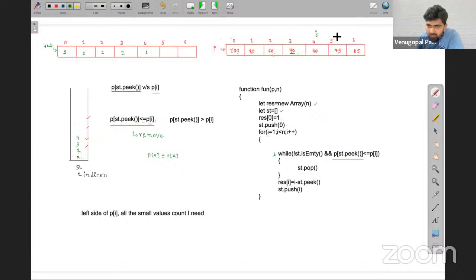Right? So next, i will be incremented. Now again, the same story will happen. What is that story? First 60, which is nothing but 4. 60 is small, so delete it from the stack. Next 70. 70 is also small, therefore delete. In the brute force approach, we should compare the next one, which is 60. But now it is directly comparing with 80. See the beauty. Is 80 small? No. Then the while loop will fail. So 5 minus 1, 4 will be kept here.